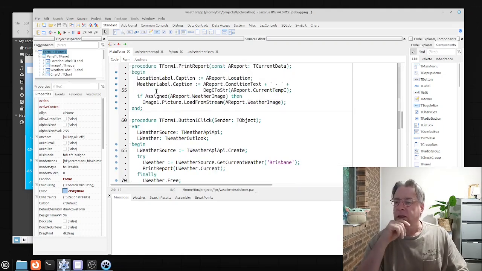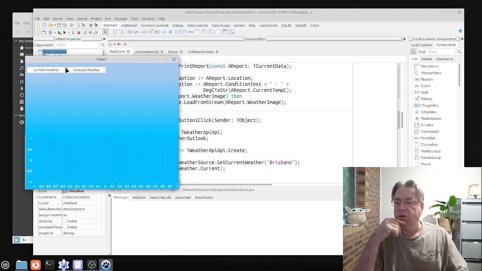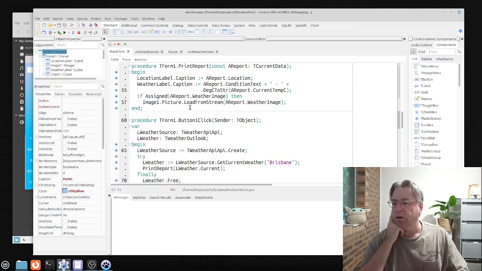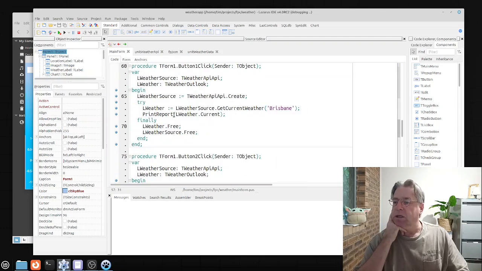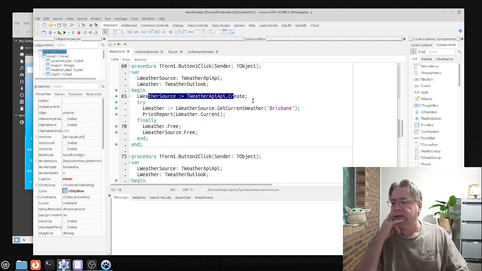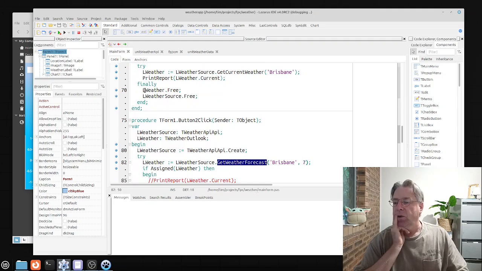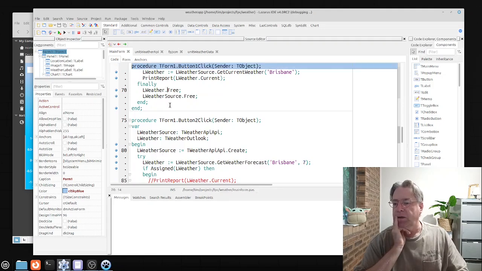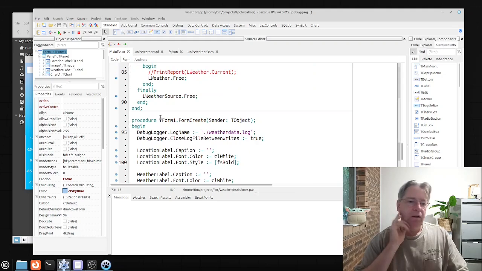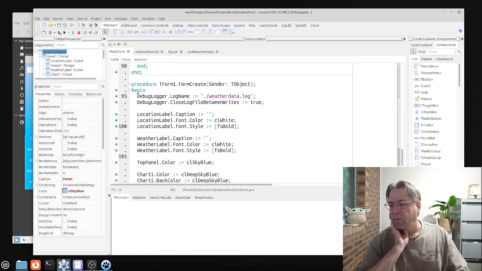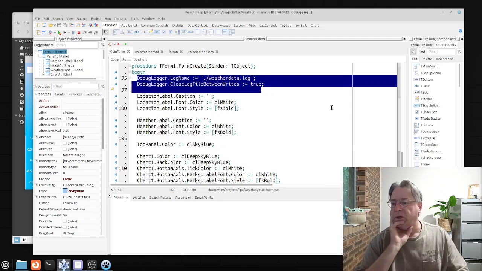I guess the other difference here is that we've got our current weather and our forecast weather, and you can see what we've done to make that work by creating an API object or class. We've got a class here where we can ask for the current weather or the forecast weather, and then we can do something with that result and then free it up. Inside the form create method, perhaps the big differences are the inclusion of some debugging information,